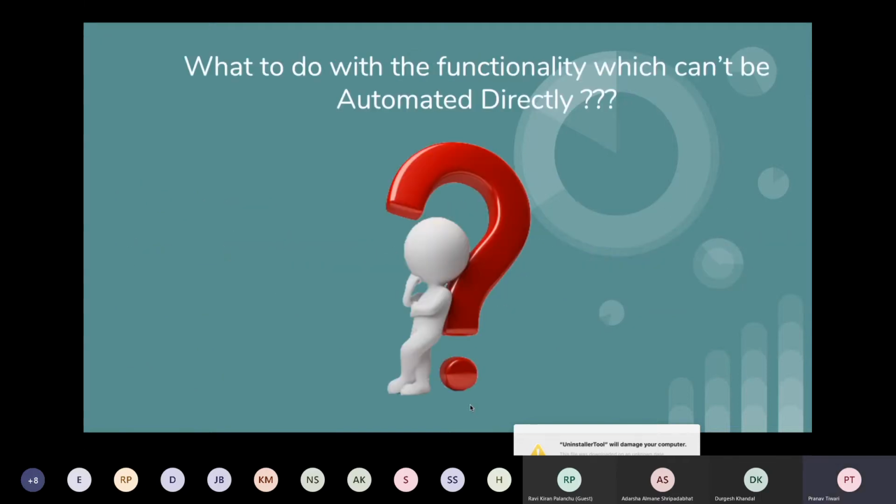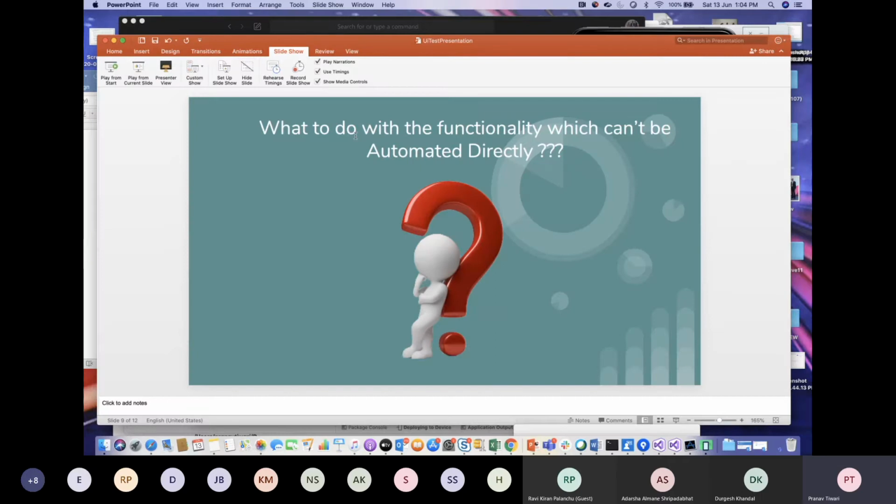Now comes a scenario: what to do with the functionality which can't be automated directly? What we have seen is that normally, when we are automating a project with a lot of complex functionality, with an automation framework like Appium we can achieve up to 60, 65 and a max of 70 percent. That's what we got as a result when we were working with Appium.